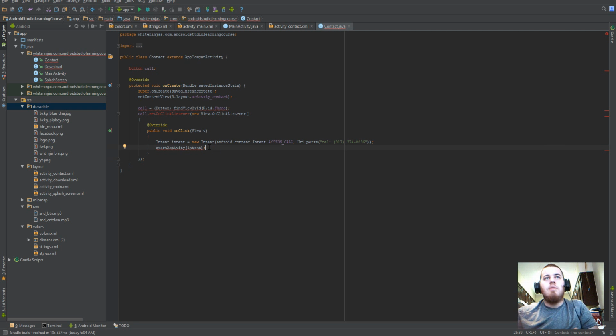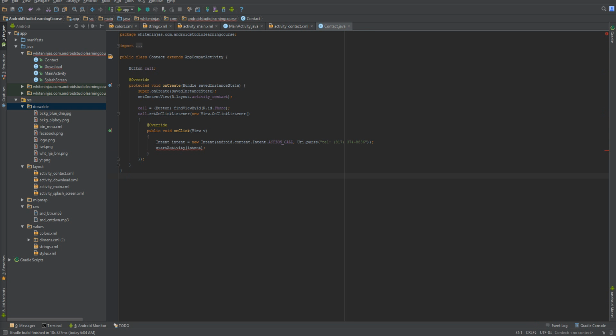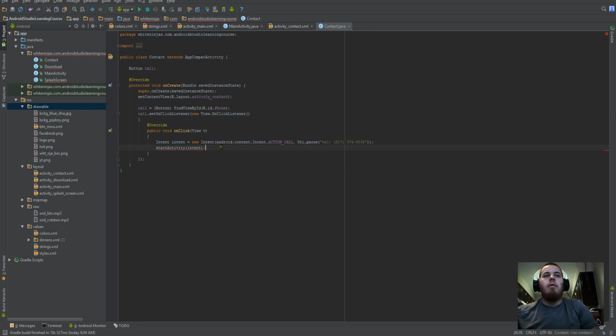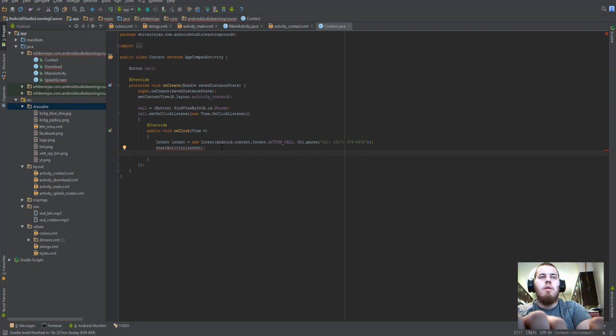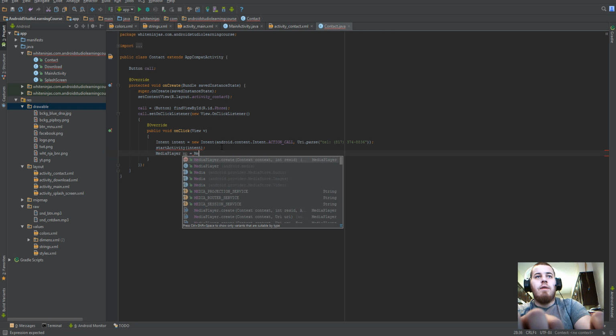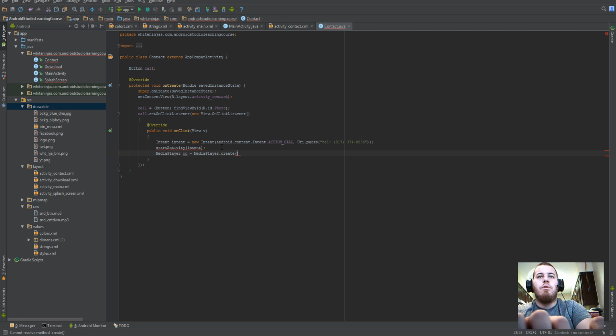Now, naturally, this wouldn't be 100% right if we did not go ahead and create our media. Likewise, this wouldn't be completely done if we did not have our media app, so that we could create a sound effect on our button click. So we're just going to do create get